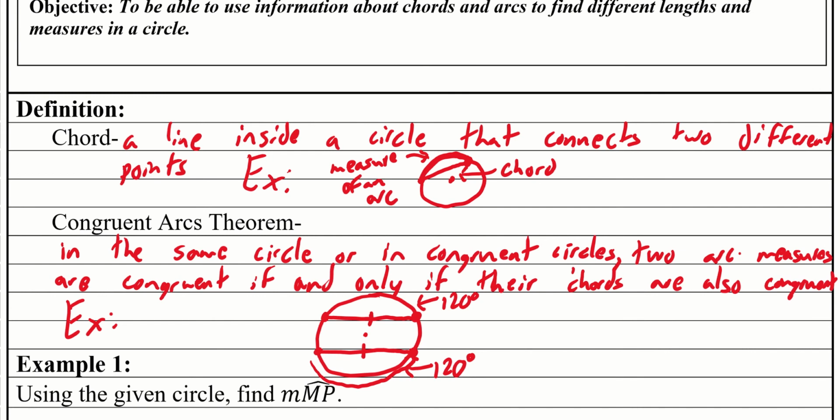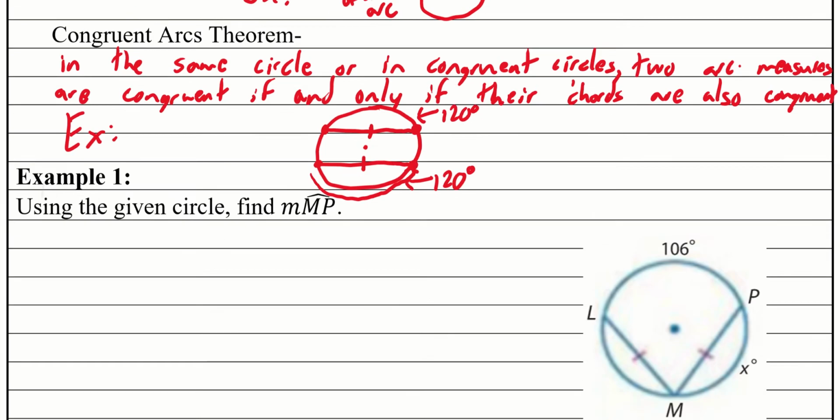Okay, this is what the theorem is referring to, and this is how we mark what the measure of an arc is. It's just asking how many degrees around the circle am I going? And remember, we talked about that. About a quarter of the way is 90, half of it is 180, 3/4 is 270, and then all the way around is 360. Okay, so putting that to use here, how can we use that to solve for some